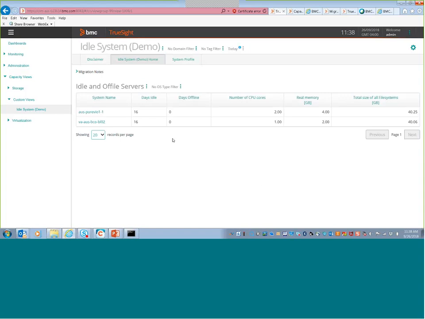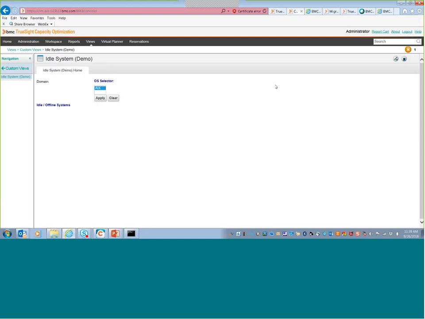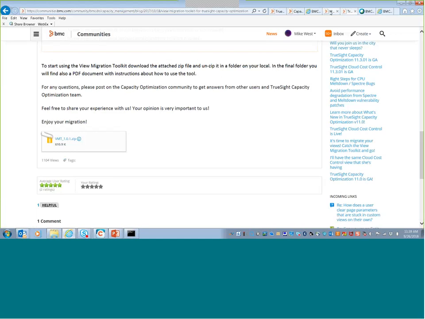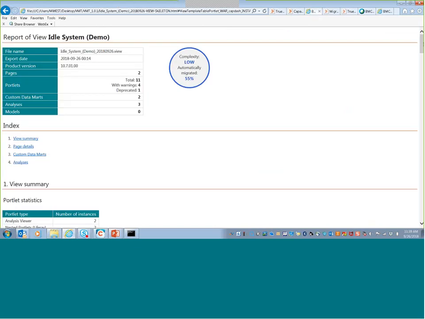But using the template, it's more of a refinement of the results. The other option would be to just stand up side by side so you remember the navigation workflow of your old view and just kind of map like you're creating a new view but using this as a pattern. But again, the information that's contained in the analysis from the migration tool is an important step, an important part of helping you make the decisions in terms of